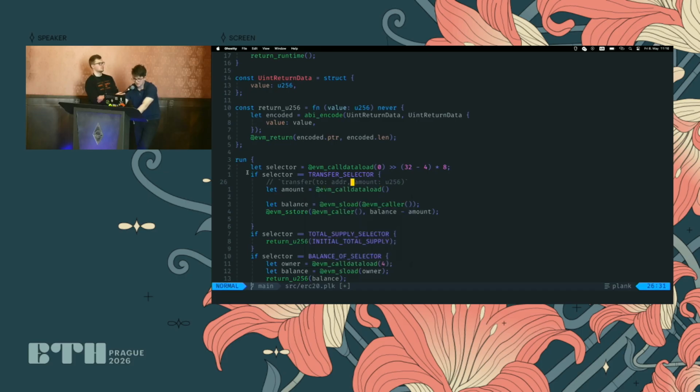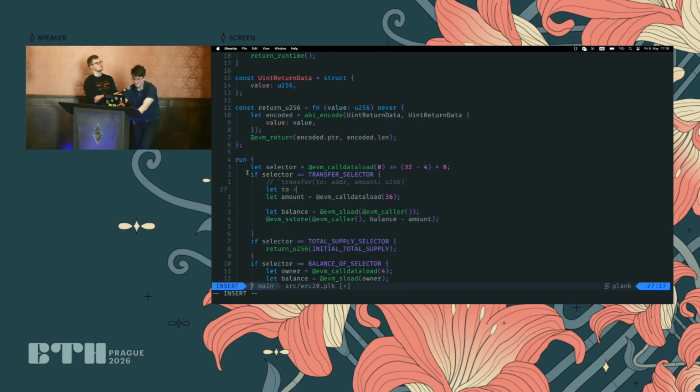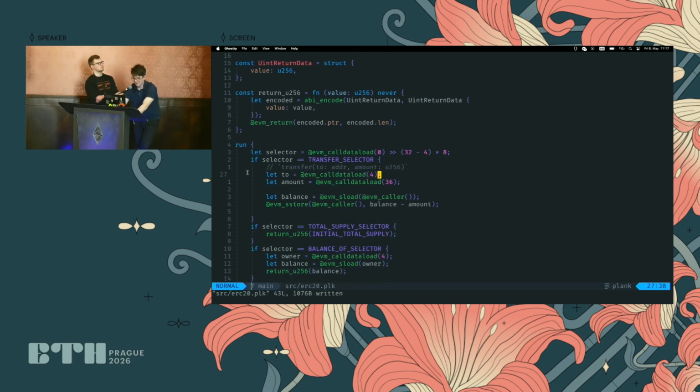And then this will be at byte offset 36. So that's the amount. And then we have updated the balance. And then the recipient is stored at byte offset 4, just like in the other one. And this manual call data decode